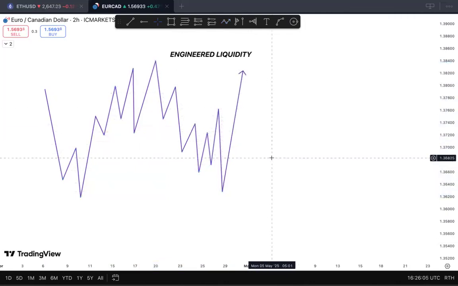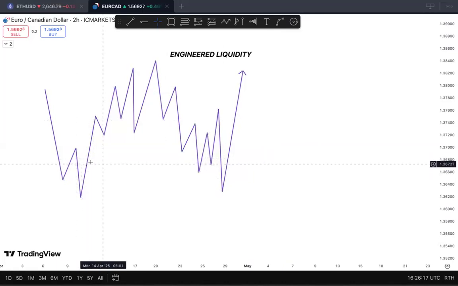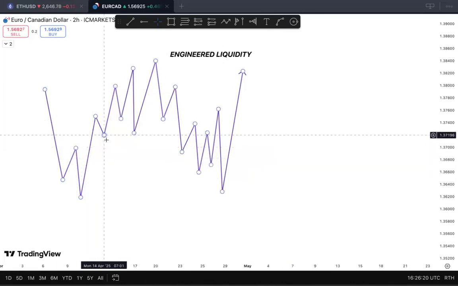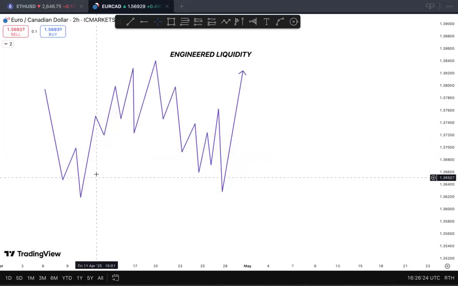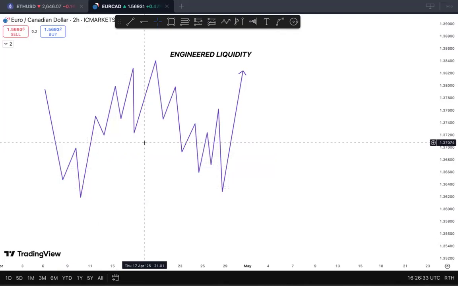So then how do you know that it is an engineered liquidity? Now I'm going to show you a secret. How do you know that this is an engineered liquidity? Remember, we are supposed to see structural liquidity here. So this is not a structural liquidity. This point here is not a structural liquidity. But you're supposed to see a structural liquidity here close to the demand zone before we can take that trade after experiencing a market structure shift.